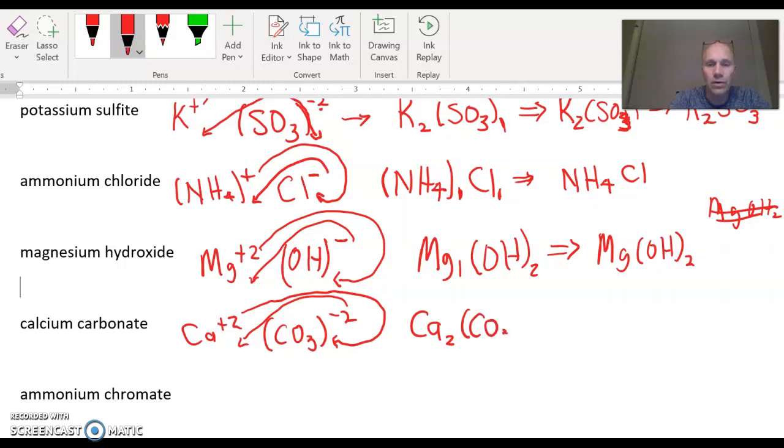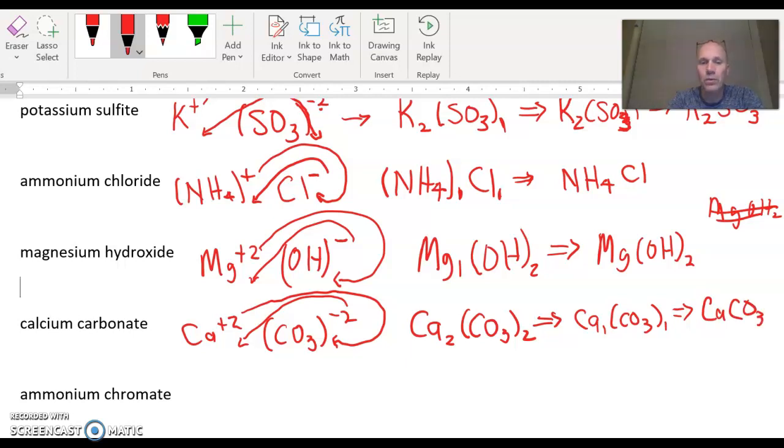parentheses CO3 2. Now take a look at the numbers that we just created after we crisscrossed. 2 to 2. That is the same thing as a 1-to-1 ratio. So we're going to reduce that to a 1-to-1 ratio. So Ca 1, and I think you guys can probably see where this is going. So that becomes a 1-to-1 ratio. And now we can get rid of the 1s and we can get rid of the parentheses. This is